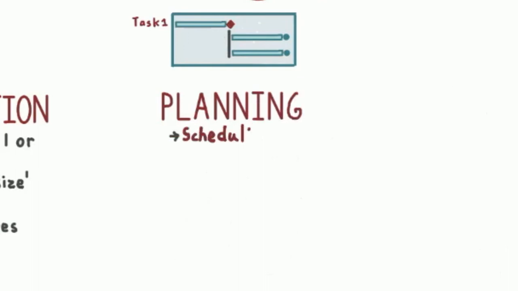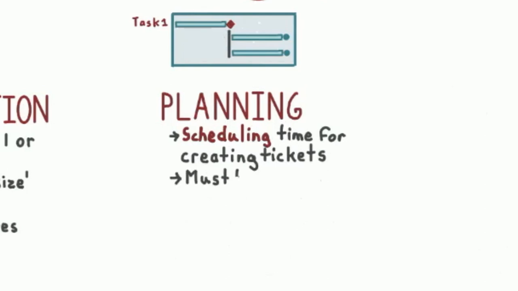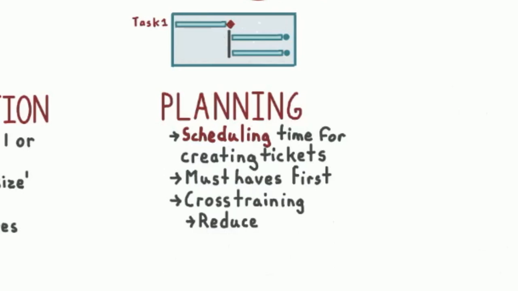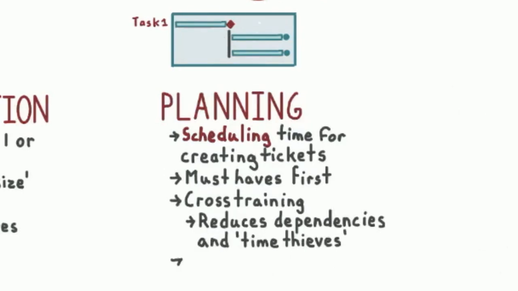Planning is about scheduling time and resources for the creation of tickets. When scheduling, we put must-haves first, and then we work out the logistics for having the right people on the planning calls. The act of planning often includes creating new tickets in order to solve problems that arise in previously created tickets. During these meetings, domain-specific jargon is used in order to define the problem space. This helps to cross-train people with the team and relieve some of the dependencies which end up causing blockers during implementation. The planning meetings are designed to support sprints that have a 2-week duration.